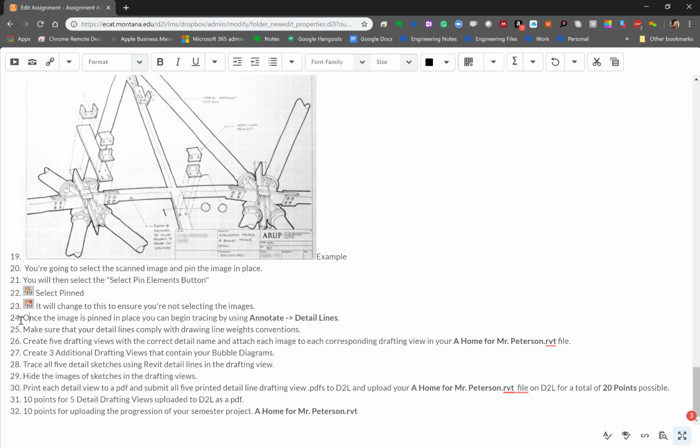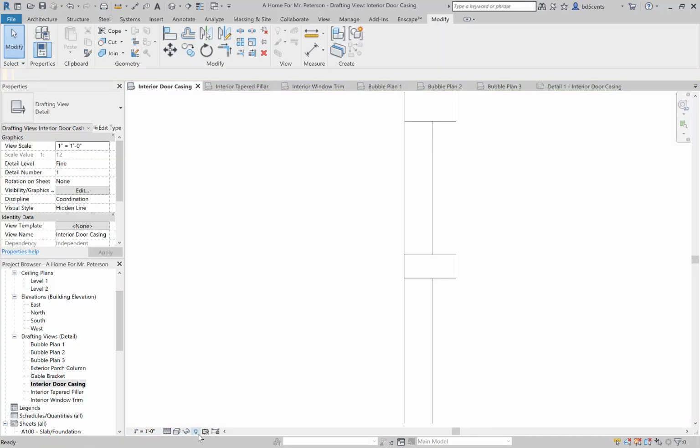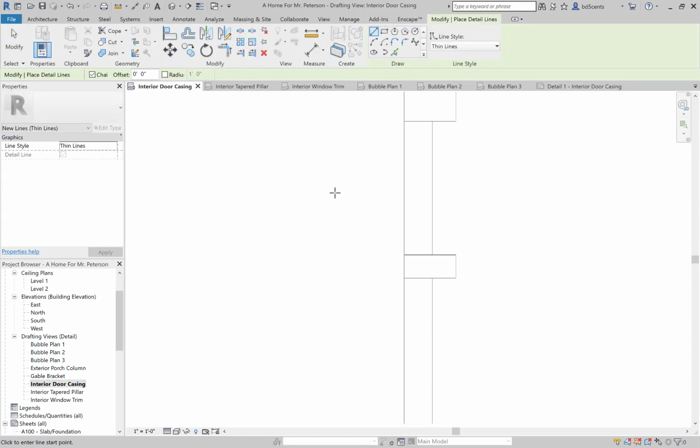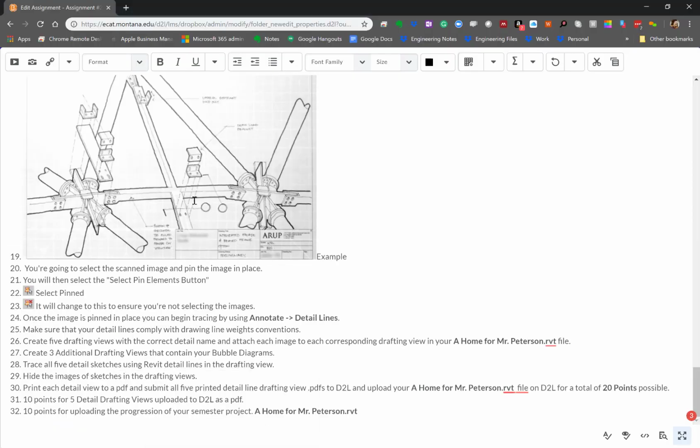I'm moving on to step 24. Once the image is pinned in place, you can begin tracing by using annotate detail lines. If I go back to Revit and I turn off the light bulb to reveal hidden elements, I can actually select annotate detail line, and it's right here. So I'm just tracing using thin lines at this particular point. Pretty simple, pretty straightforward. Again, the biggest holdup's probably going to be the time that it takes to generate the